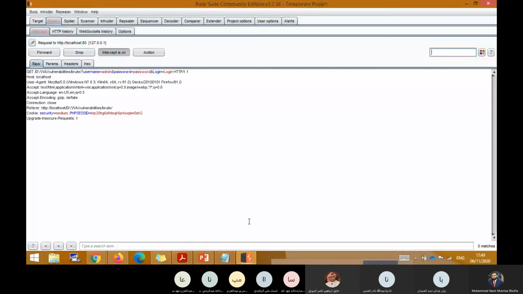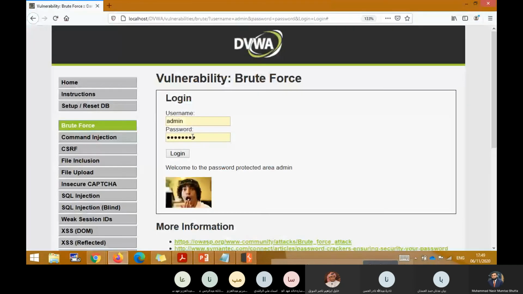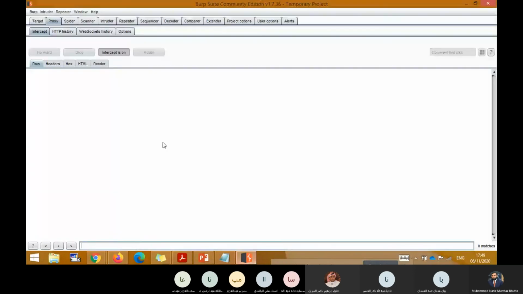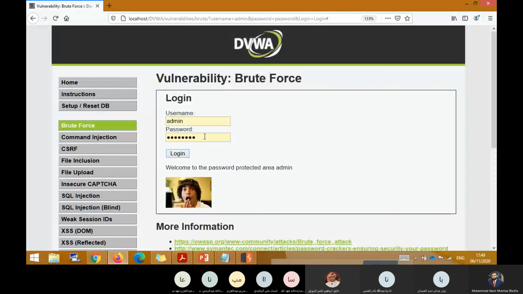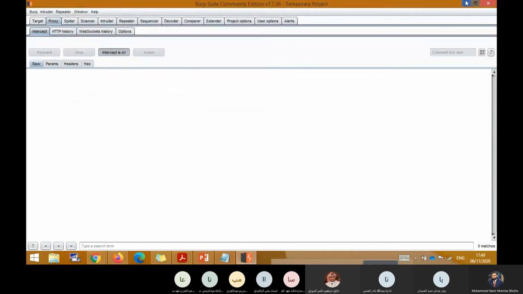Now if we observe the raw header, we can see even in the medium, it is still using GET. So you can see username is available, password is available. So this is another combination.